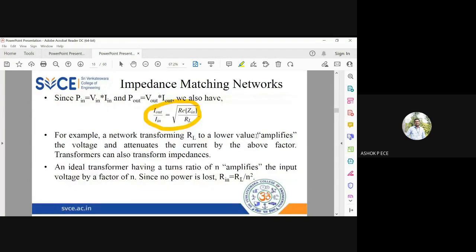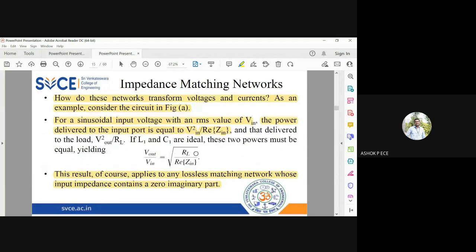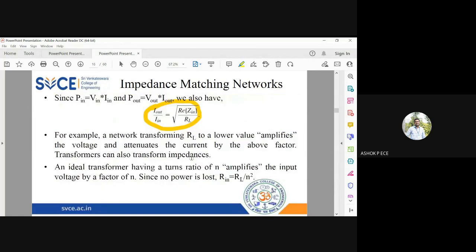So if you take that ratio, you get root of real part of Zn by RL. See, in the previous case, you get the inverse of that, root of RL by real part of Zn. Okay. So if, for example, a network is transforming RL to a lower value, it